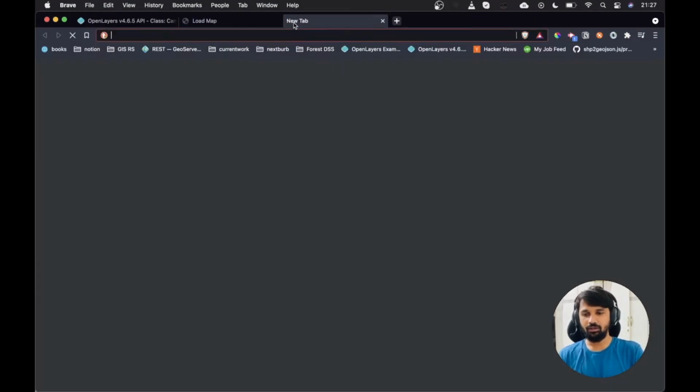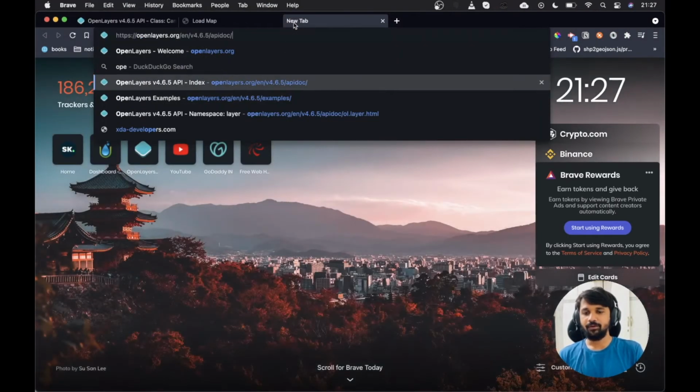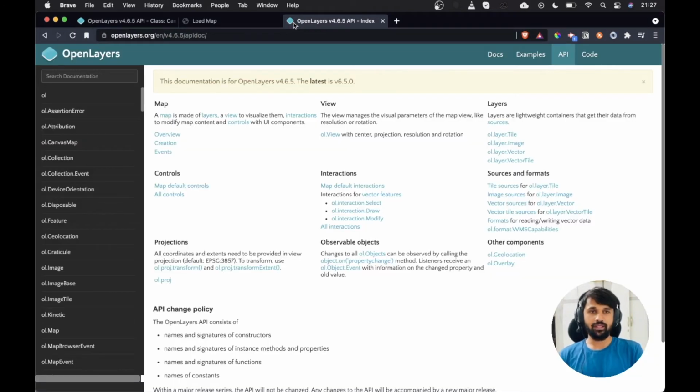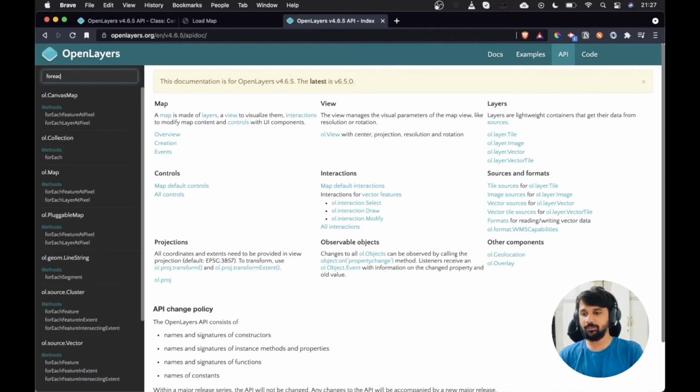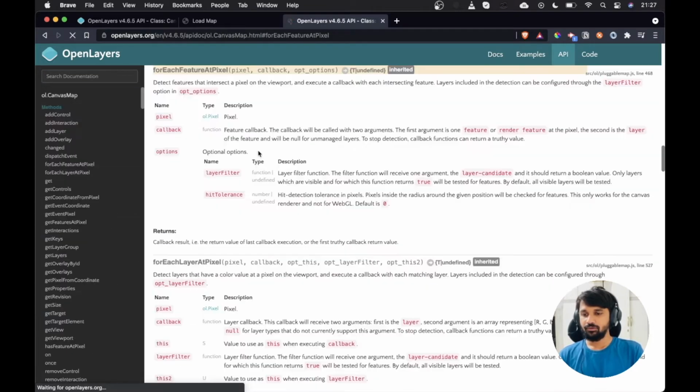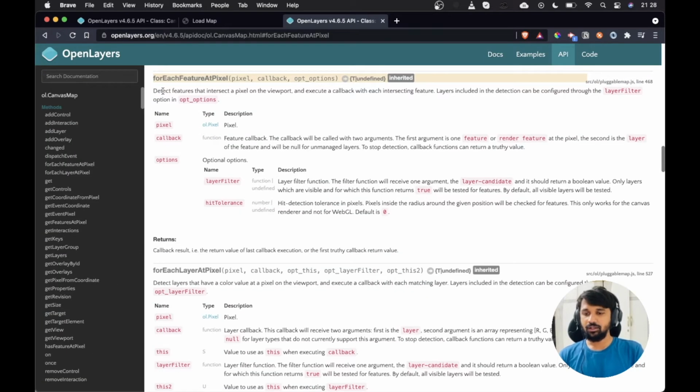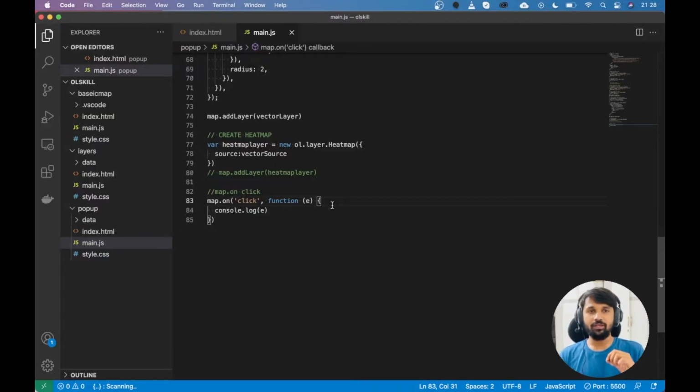For vector data, OpenLayers provides a function known as forEachFeatureAtPixel. If I search for forEachFeatureAtPixel, you will see that it detects features that intersect a pixel on the viewport and executes a callback with each intersecting feature. Alright, this is what we want. So when we click on the map, we will get that pixel and then use that pixel to find out which feature is available at that pixel.